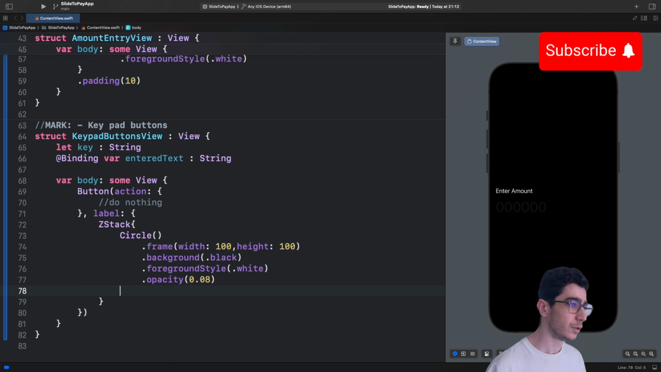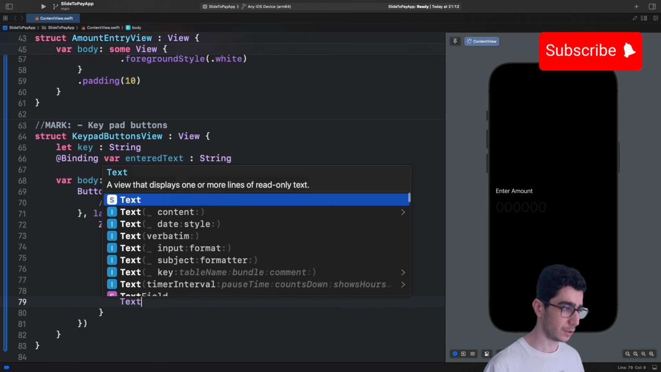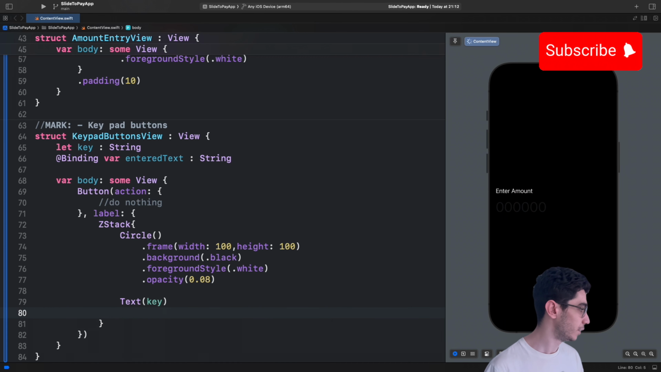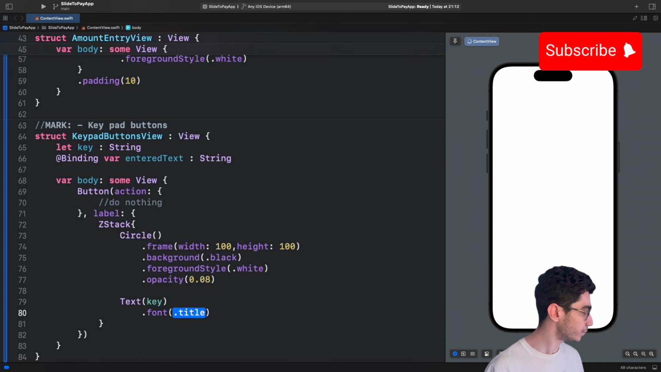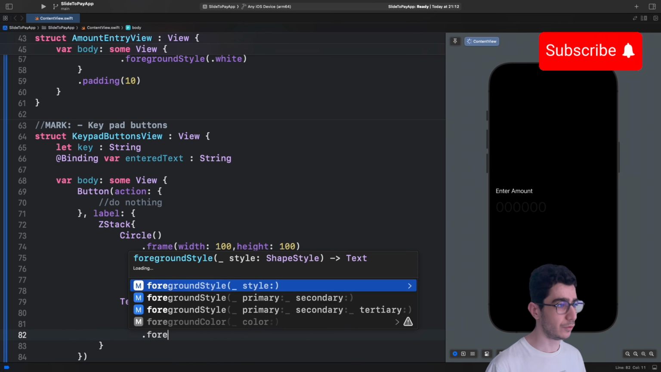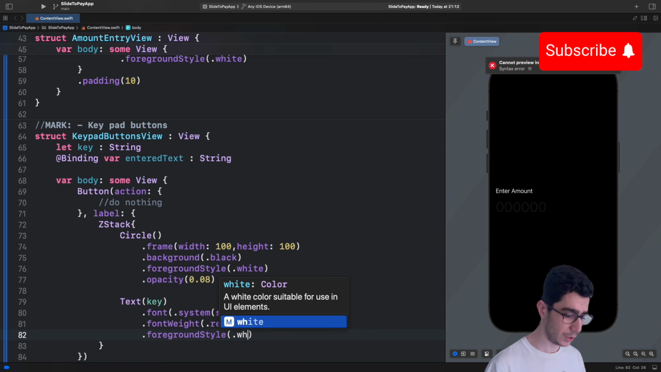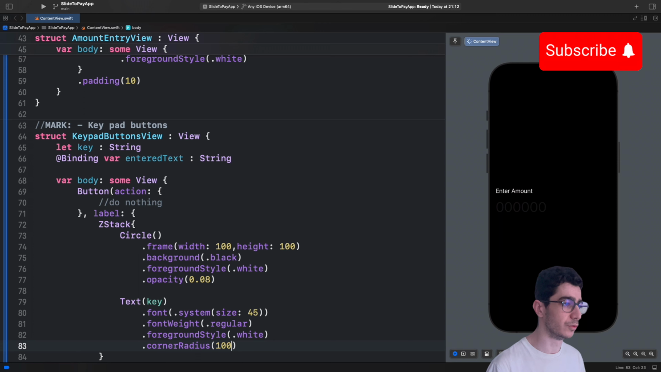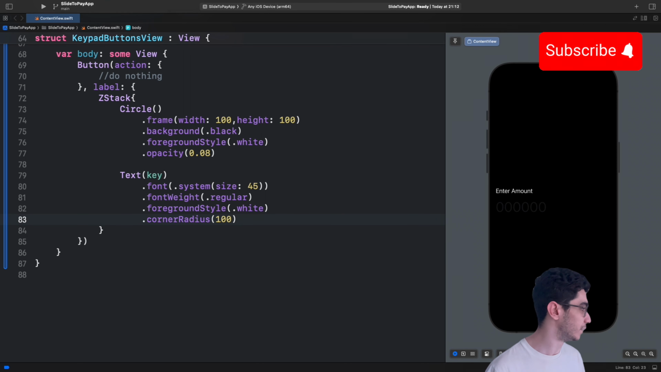and the foreground style would be white, and the opacity would be 0.08, and here we have a text on top of it, and here we say key, and the font would be system size 45, and then the font weight would be regular, and the foreground style would be white, and corner radius would be 100. So that's our key pad button view,